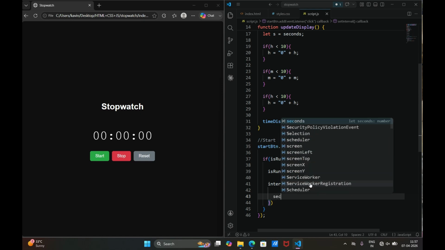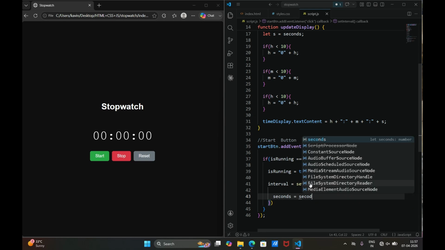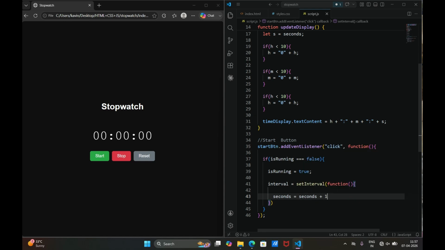So if that is true, the running is false, it changes to true, and the interval function changes seconds to seconds plus 1. It will add plus 1 each second, and then